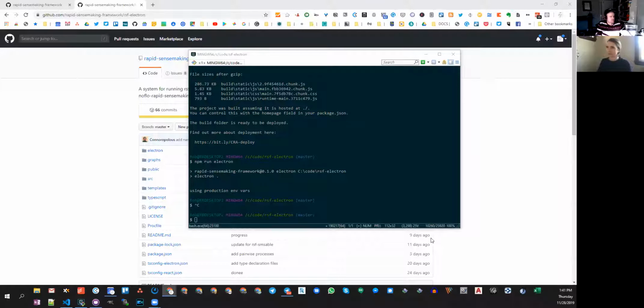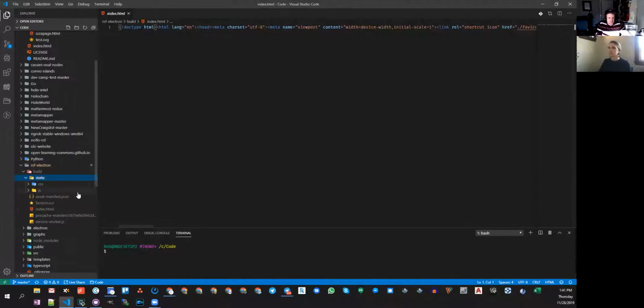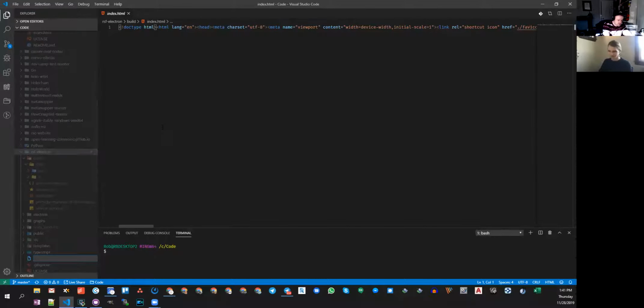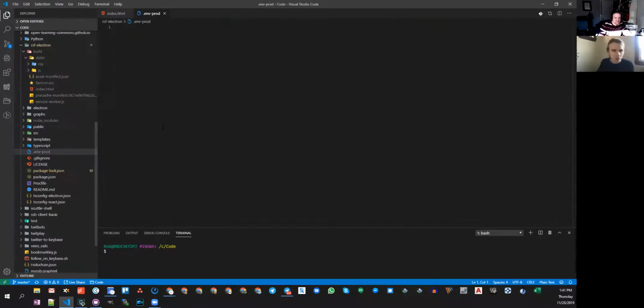Create a file in the rsf-electron root folder called .env-prod. In here, you're saying? .env-prod, P-R-O-D. Doesn't matter case sensitivity. All lowercase, like that. Okay, cool.